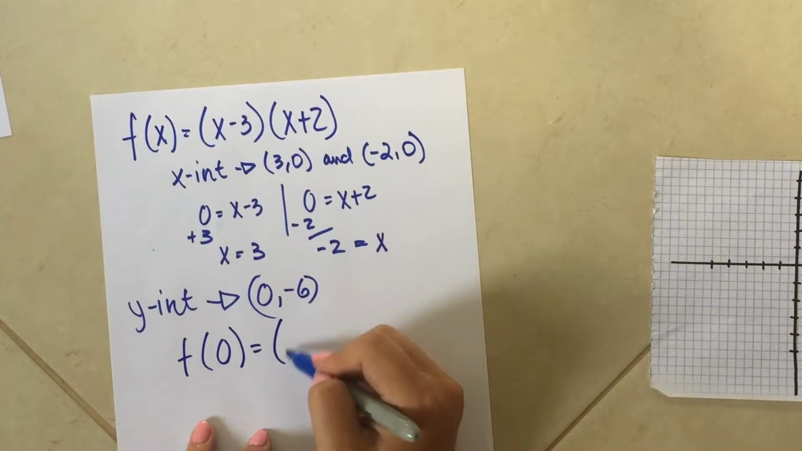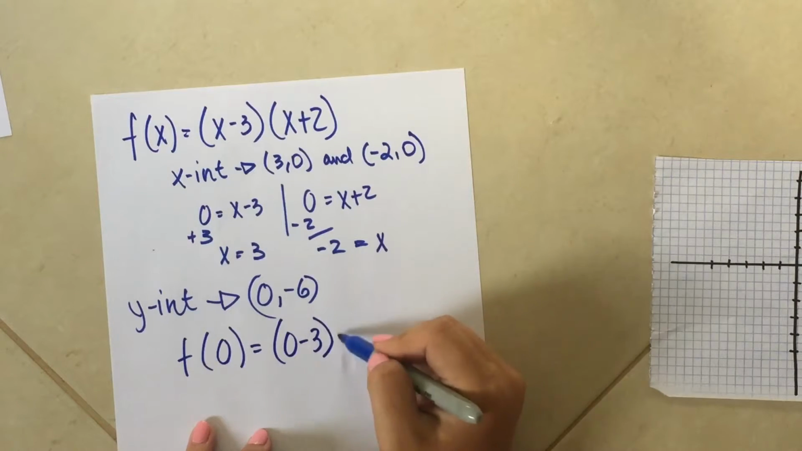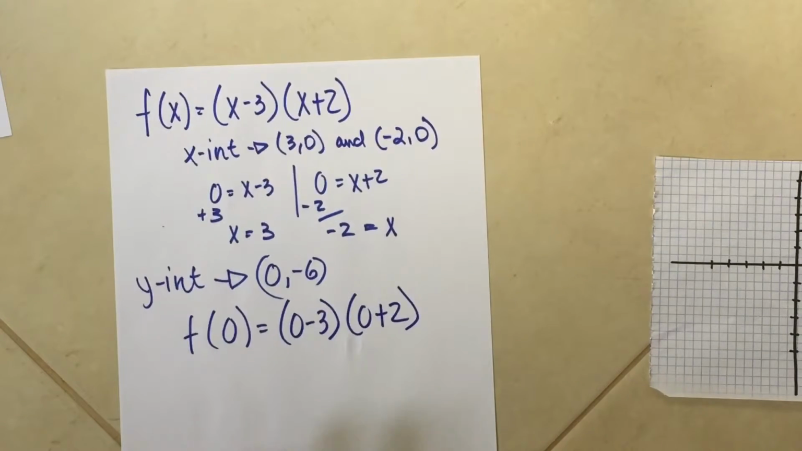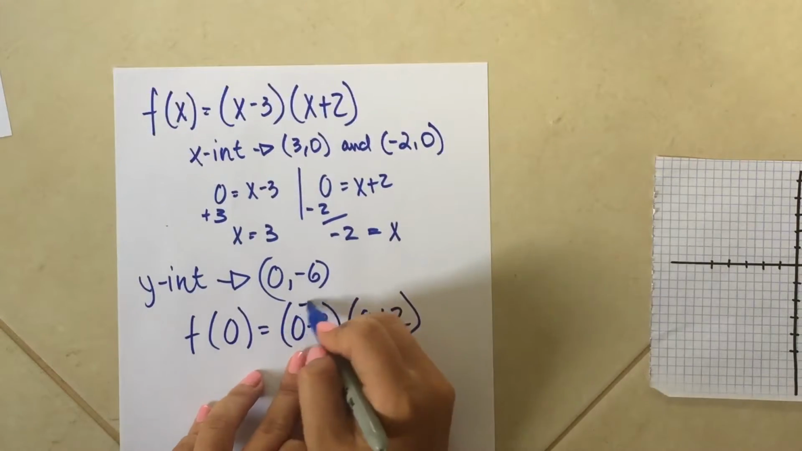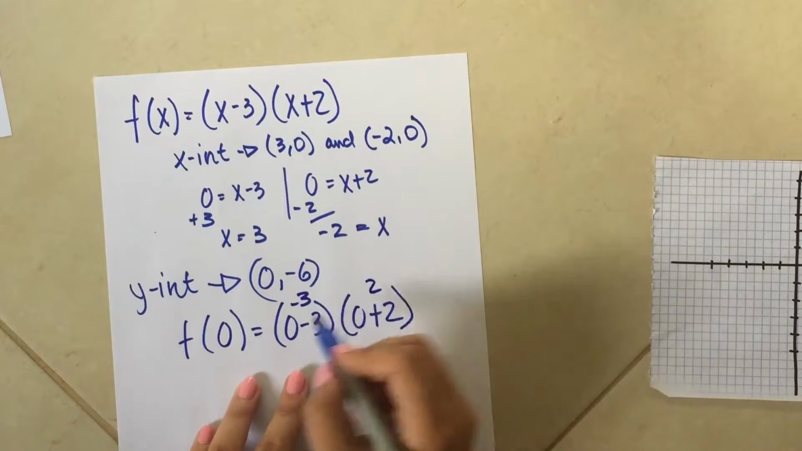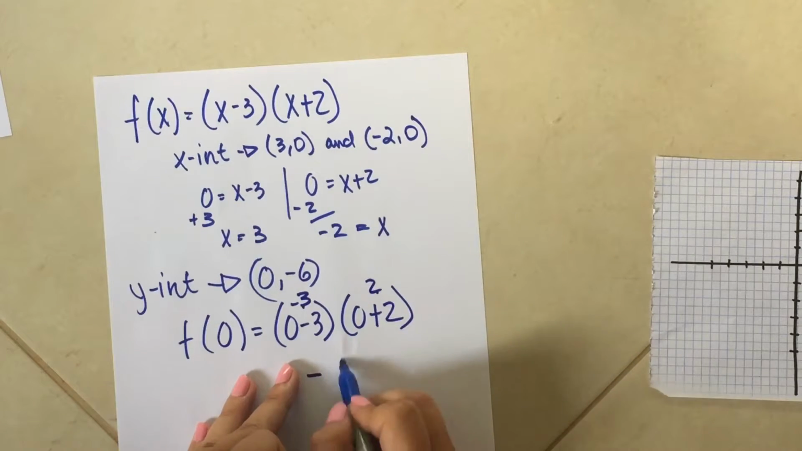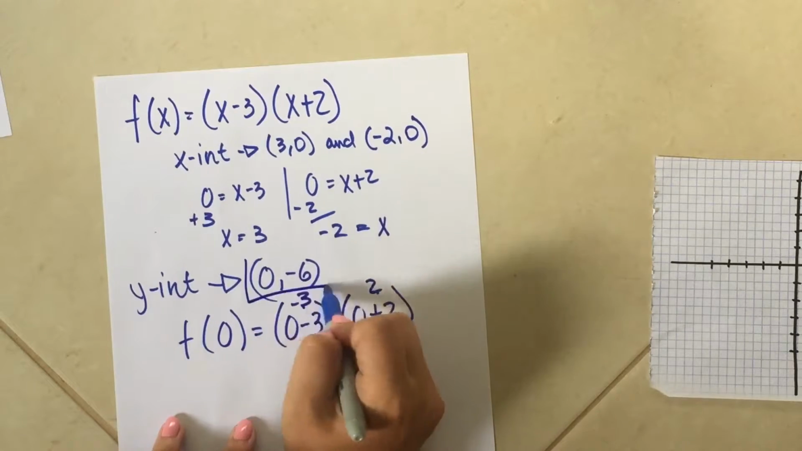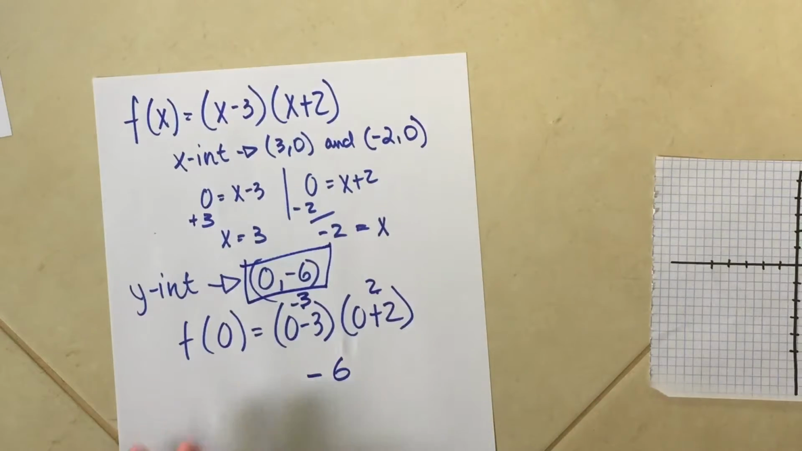So 0 minus 3, 0 plus 2 for our x. What do we get? 0 minus 3, negative 3, 0 plus 2, 2, negative 3 times 2, negative 6. So our y-intercept adds up to 0 and negative 6. Now,